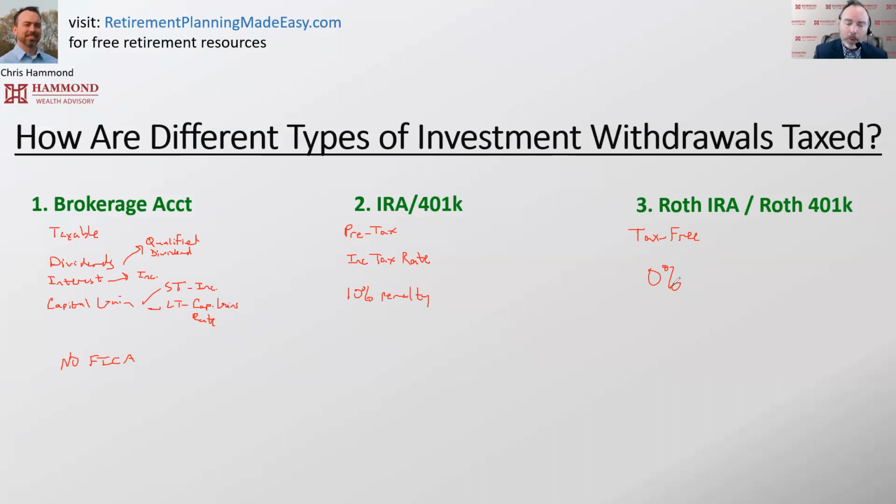Now, why is this important to you when you're looking at your retirement plan? Well, taxes are going to be one of the biggest expenses that most anybody is going to pay during retirement. They're going to pay taxes on any withdrawals they take from IRAs, assuming they don't have it all written off with their standard deduction, and most people don't fall into that situation. So you're going to have to pay taxes on it.